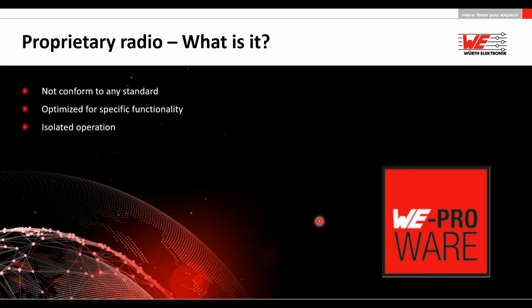The disadvantage is clearly that you will not be able to build a network with different devices that are interoperable with each other from different manufacturers. So they have to all use the same radio technology to be able to talk with each other. So this is what a standard does. But being proprietary, it is easy to build a network with isolated application.